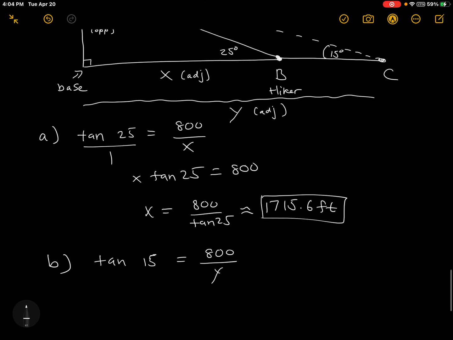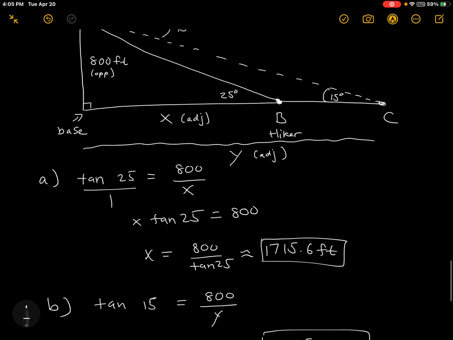Okay, and then enter it on your calculator, 800 divided by tan 15. Okay, so you're going to get 2,985.64 feet. Now, that makes sense, right? It looks like Y is definitely greater than X. And so if you have a number that's smaller than X, right, you probably did something wrong. Okay, so that's hiker C's distance to the base of the plateau. We just figured out what Y is, right? And then part C